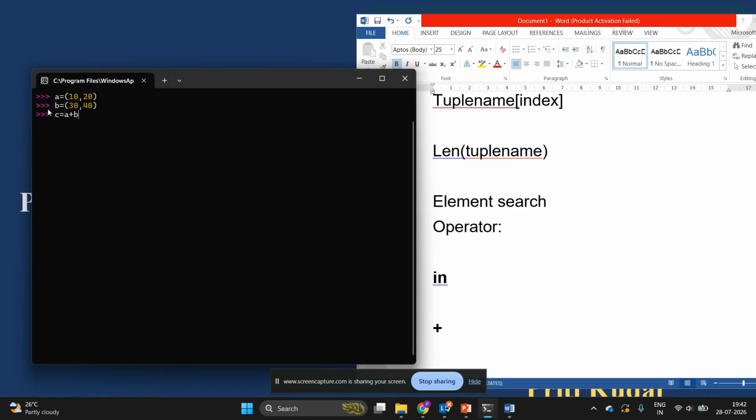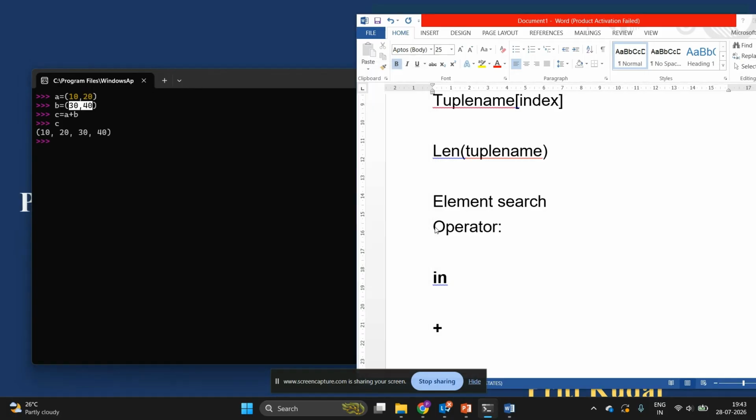Here plus is a binary operator which is joining two tuples, a plus b, and if I print c, it displays 10 20 from tuple a joined with 30 and 40 from tuple b. So the plus operator is used to join or merge two tuples.